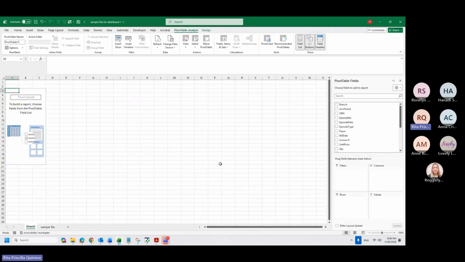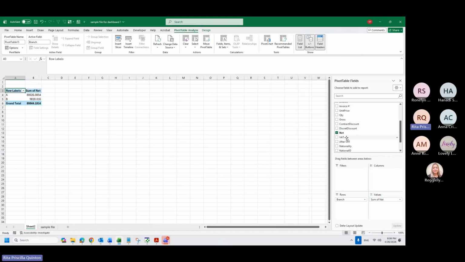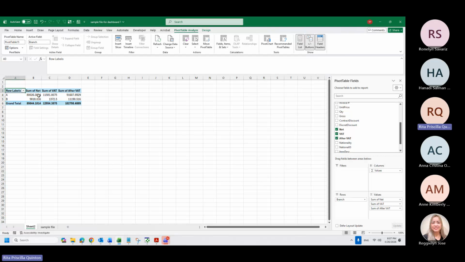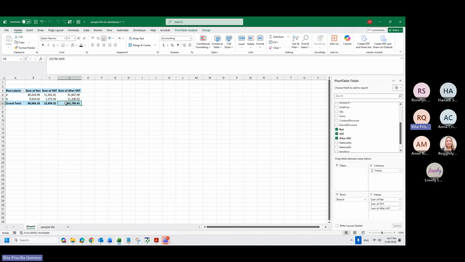Press OK. I will refresh, right click, refresh. And here, first, I will try to take all the amount related to branch A and B as an example. In our case, it can be considered as Sultan bin Abdulaziz and SMC Center. So I have this total for A and I have this total for B.